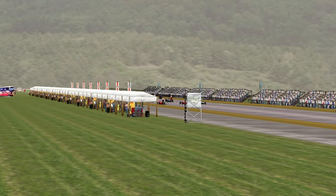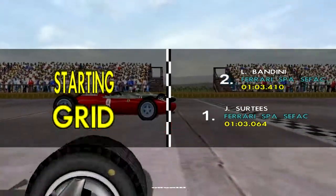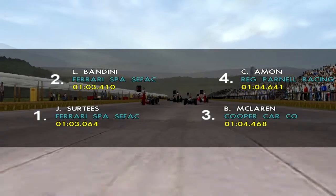Anyway, here we are for the Austrian Grand Prix. Obviously there are no previous Austrian Grand Prix winners. This is the first time this particular race has been held as part of the World Championship, although this is the second time anyone has raced here with Formula 1 cars. So that's that. Anyway, we have John Surtees on pole with Lorenzo Bandini in 2nd, Bruce McLaren 3rd, and Chris